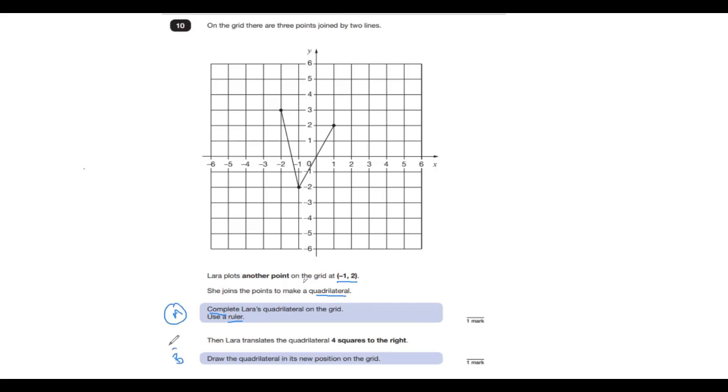The second part of the question is draw the quadrilateral in its new position on the grid. So having a look at this shape here, we can see that we need to make it into